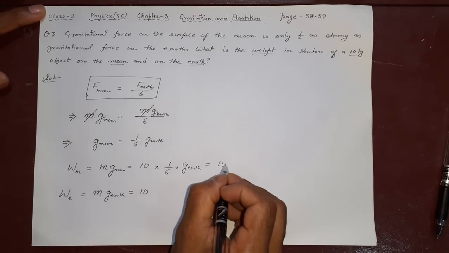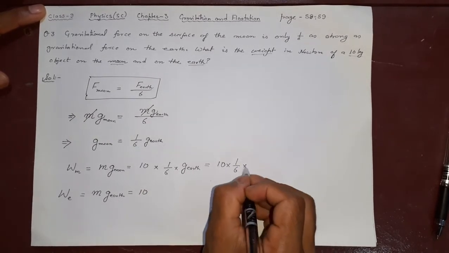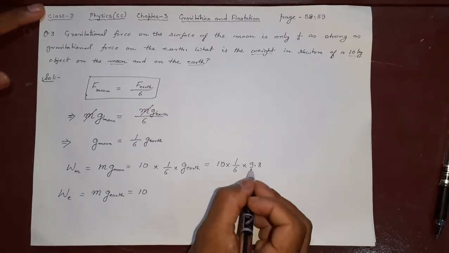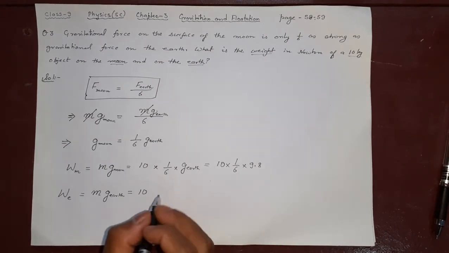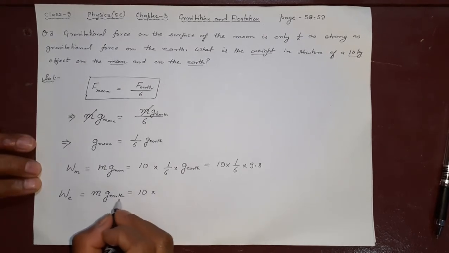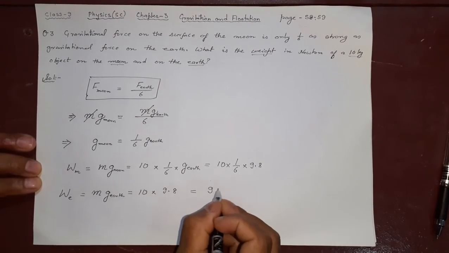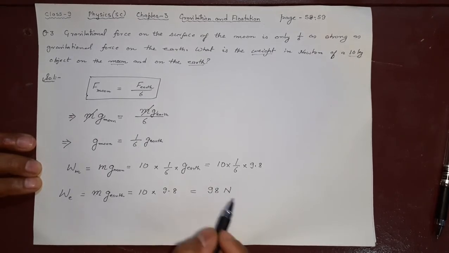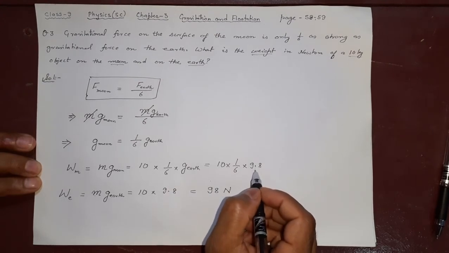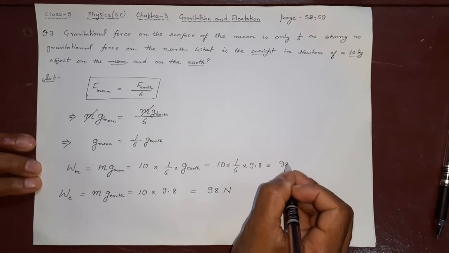10 into 1/6. What is g on the earth? We all know it is 9.8. Very famous. Okay, 9.8 meter per second square is acceleration due to gravity on the surface of earth. Then here, what is this? 9.8. So what is this if you multiply? 98 Newton. This is the weight of the object when it is on the surface of the earth. And what about this? If you multiply this, you will get 98 by 6, which will give you